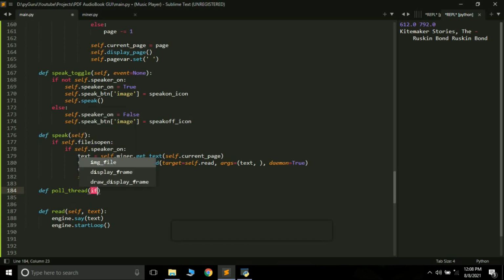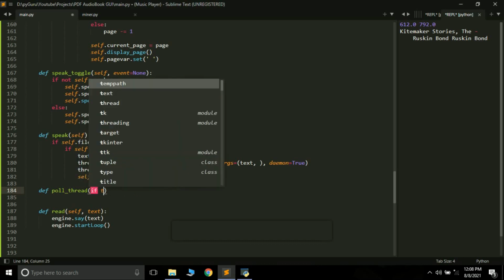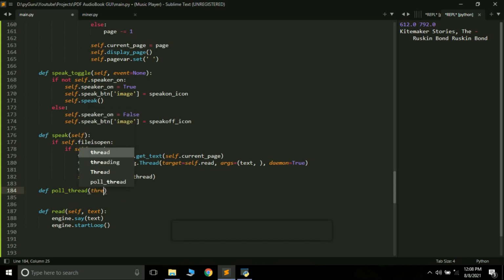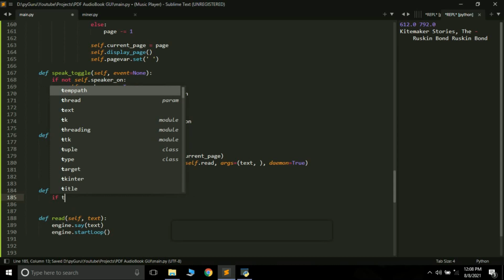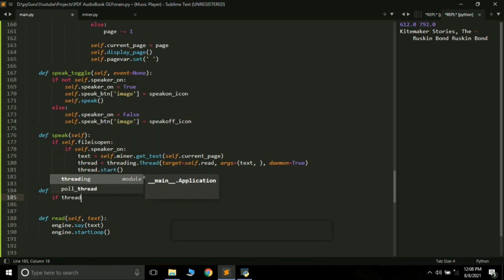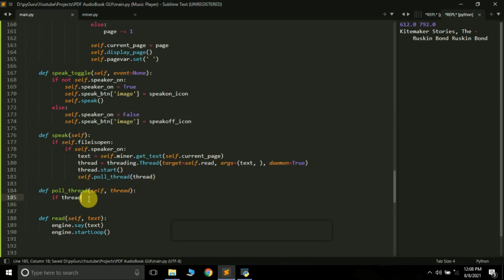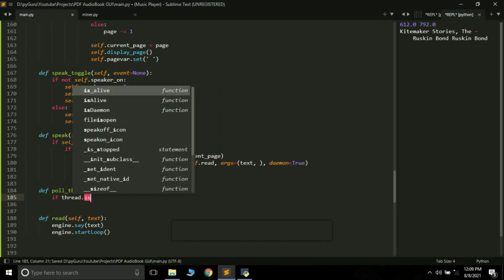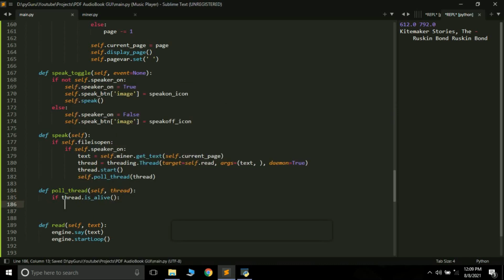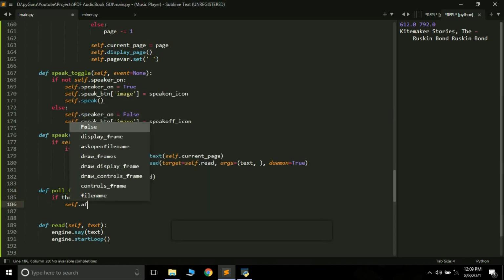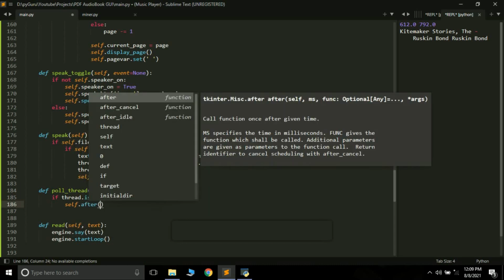So poll_thread takes a thread, and it also takes self, since it's a method of the class. If thread.is_alive, if the thread is currently alive, we have to poll it again after 100 milliseconds to see if the thread is alive or not.